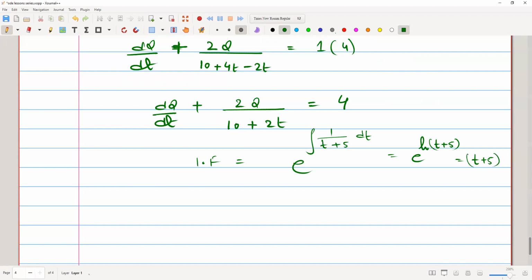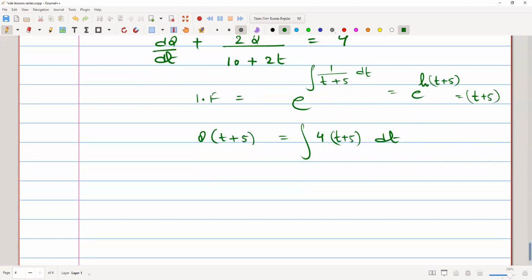So the integrating factor in this case is t plus 5, therefore the expression will be Q times (t plus 5) equals the integral of 4 times (t plus 5) dt. Now we have Q times (t plus 5) equals 4t squared over 2 plus